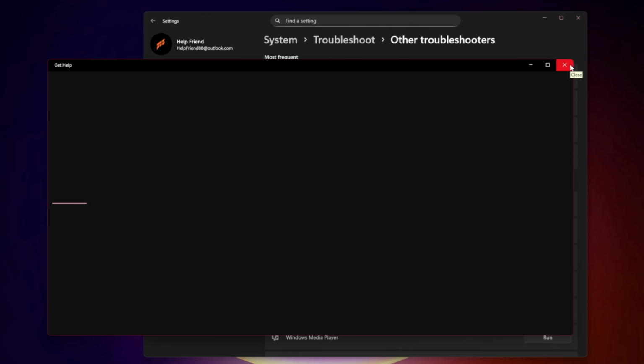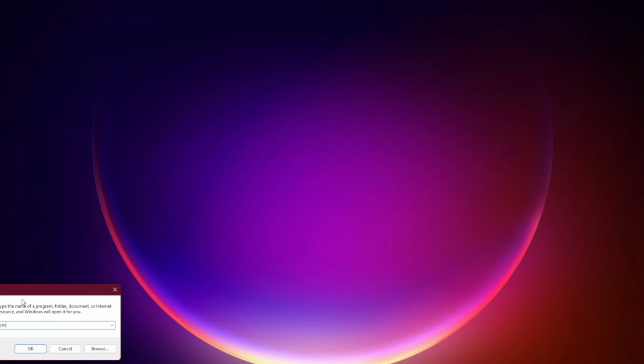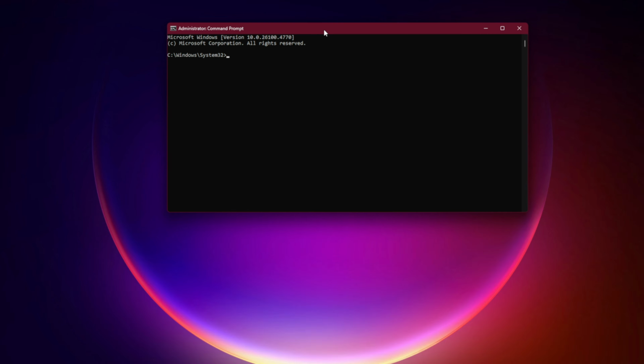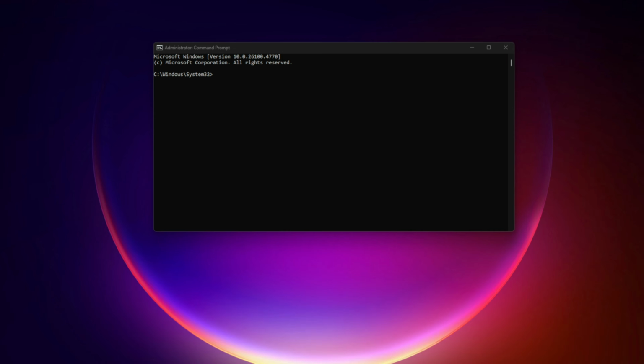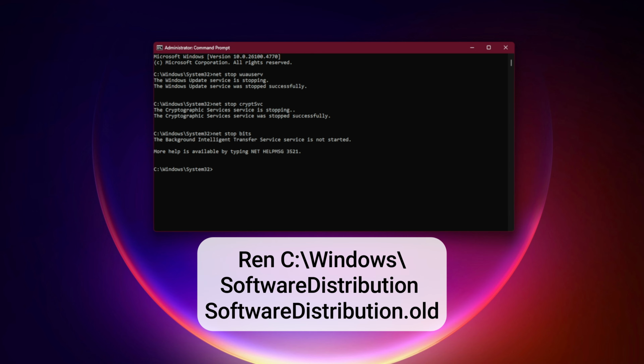2. Reset Windows Update components. If the troubleshooter didn't solve it, the problem might be corrupted update cache files. Let's reset them manually. Open Command Prompt as administrator. Type these commands one by one, press Enter after each. net stop wuauserv, net stop cryptSvc, net stop bits, net stop msiserver,